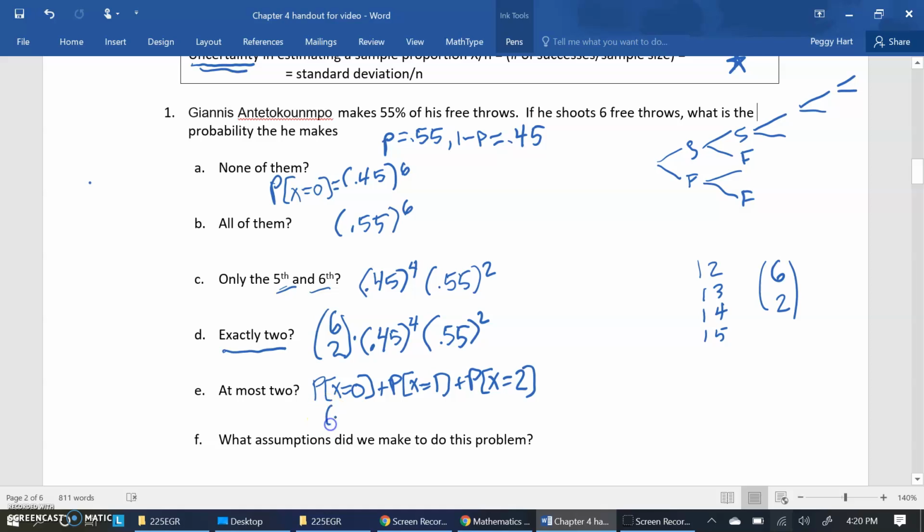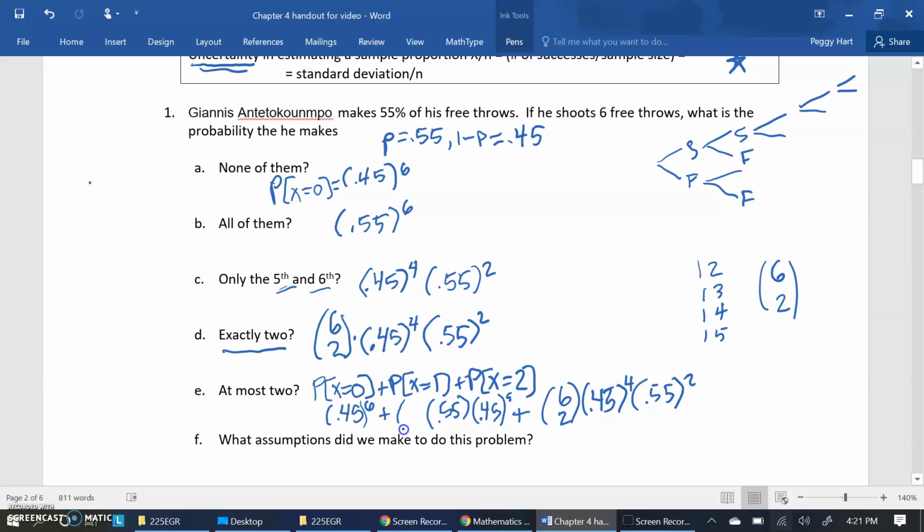So this would be 0.45 to the 6th. I don't know about this one in the middle. The x equals 2 we just did. Exactly 2 was this one. Well, you can kind of figure out what the other one's going to be, right? We know it's one success, 0.55 to the 1st, and you know the others are failures, so that's to the 5th, right? So notice these have to add up to 6, just like 4 and 2 added up to 6,